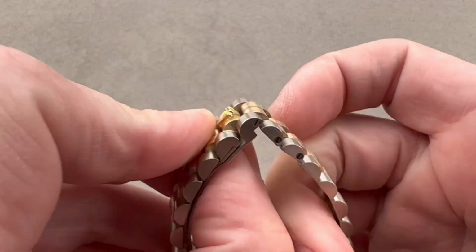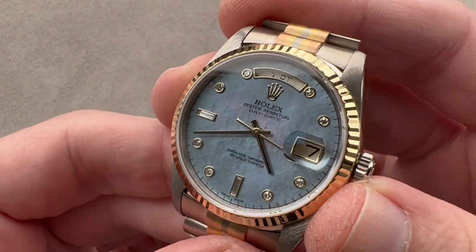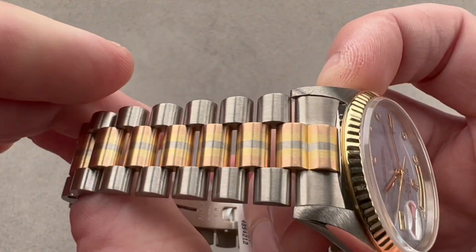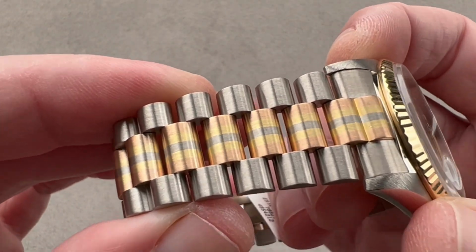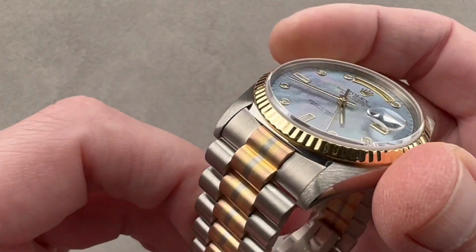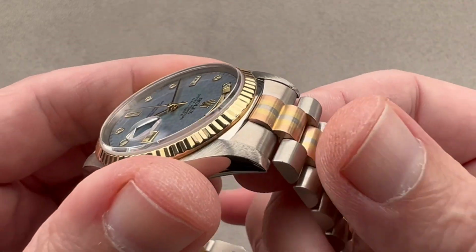I'll also mention this. While the watch is often described as the Rolex President or Presidential, those are nicknames for the Day-Date. From the very first in 1956, it included this bracelet, which is properly called the Rolex President bracelet. It's not a total integrated bracelet watch, but you can see that there's a conforming end link to better mate